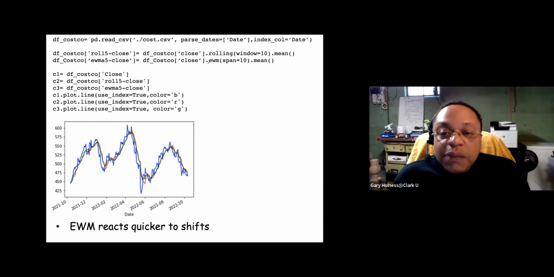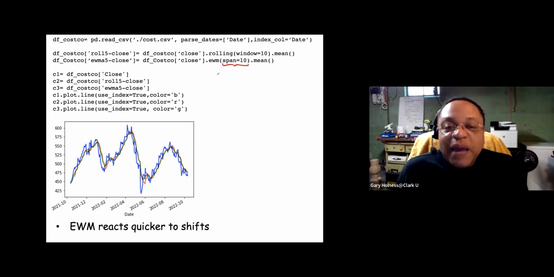Now here in our API, and I'll bring up the website for the API here, and I misspoke last time, we have something called span. And so in the weird implementation of moving average, and Python isn't the only exponential weighted moving average implementation out there, this span does not represent the window size.